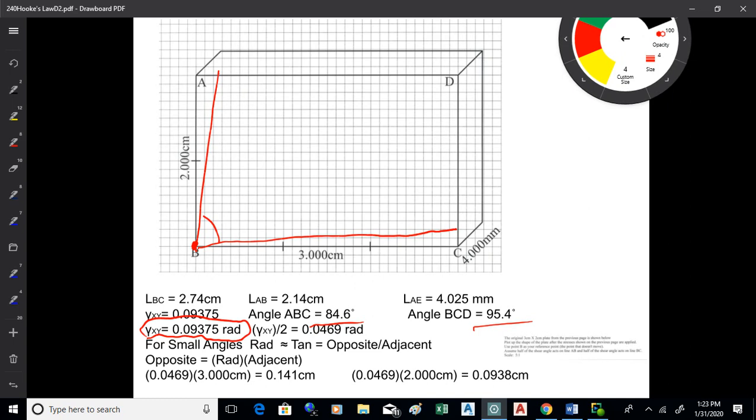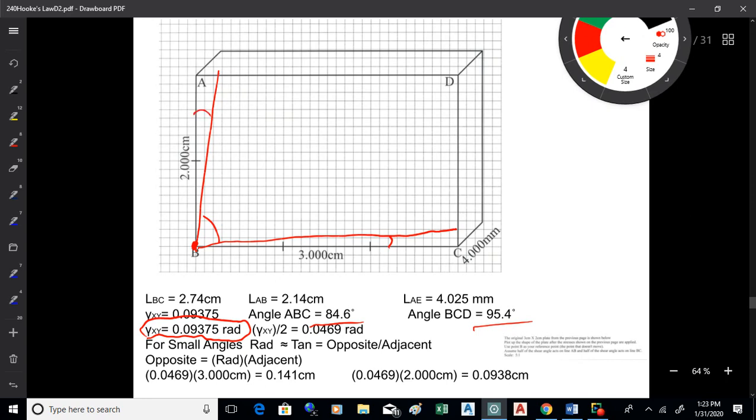So the total change in angle of ABC is 0.09375. I'm going to take half of that and rotate each line by that angle. That's how I'll represent that shear strain. Now that may not be exactly what's happening in reality, but it should be pretty close. That angle between the red line and the original line should be half of that. This angle here should be 0.0469 radians,